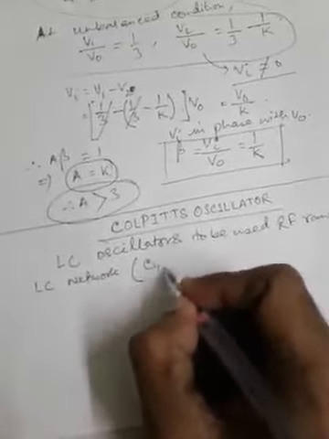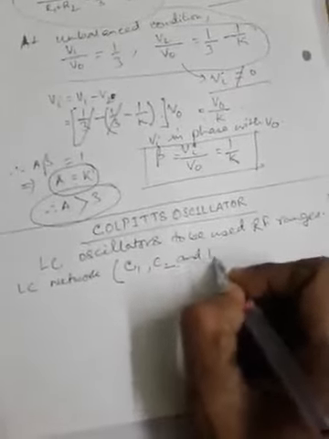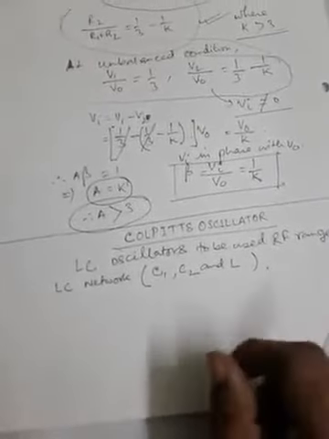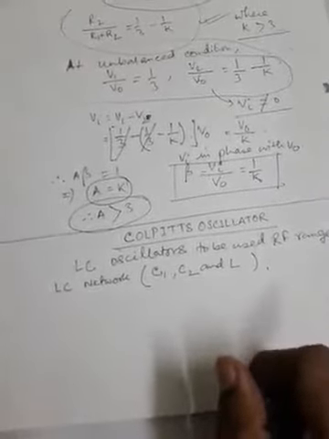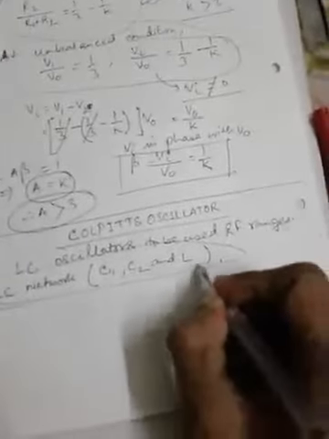comprised of combination of two capacitors C1 and C2 and an inductor L to provide the necessary phase shift between the amplifier output voltage and feedback voltage. That means this is comprised of the feedback network for Colpitts oscillator,